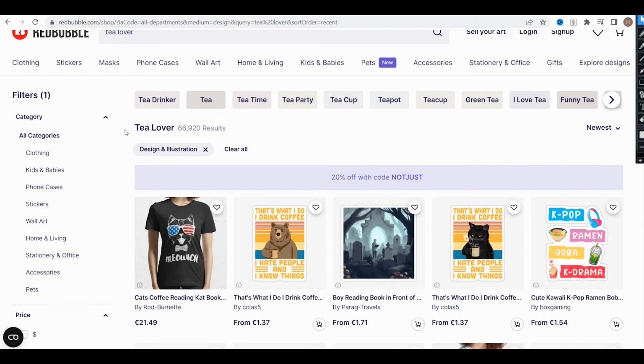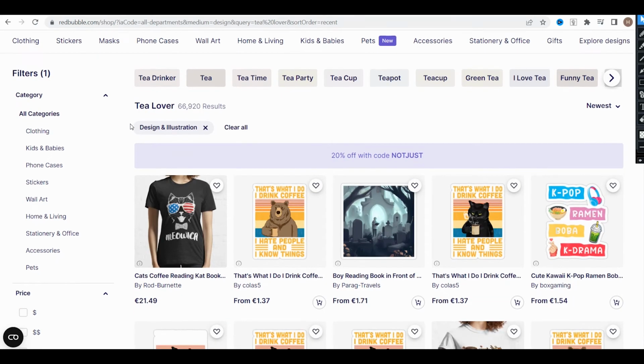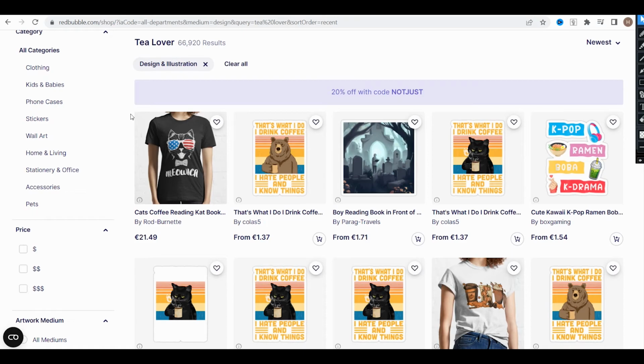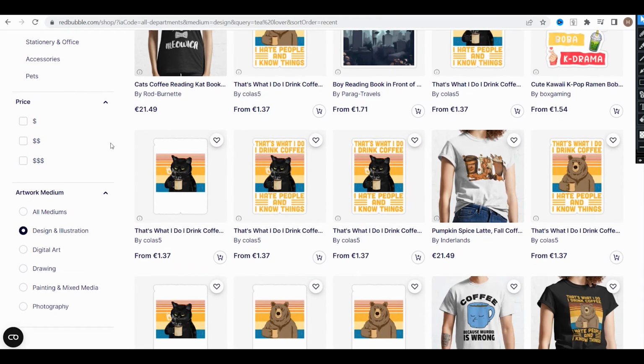Now Redbubble, TeePublic, any other POD platform, they are very competitive, and you need to illustrate a lot of designs, a lot of variations to get stable and good sales, especially if you are a new designer without some audience, without a well-known name.